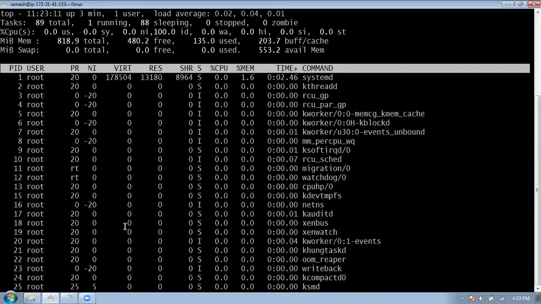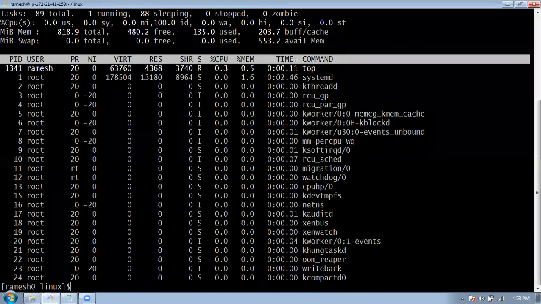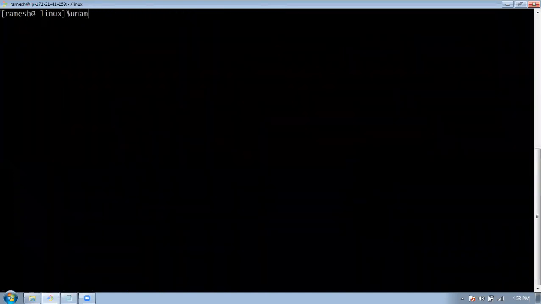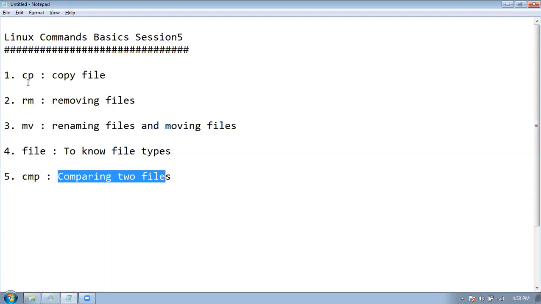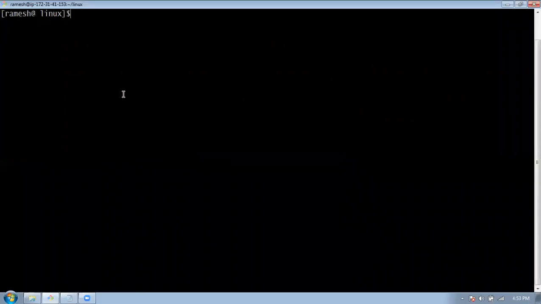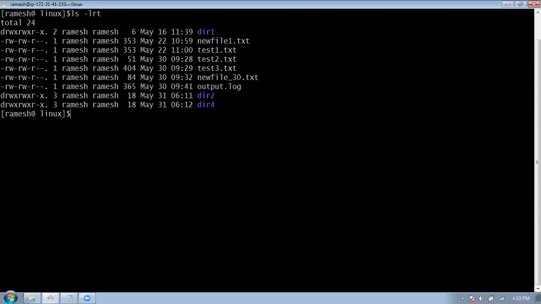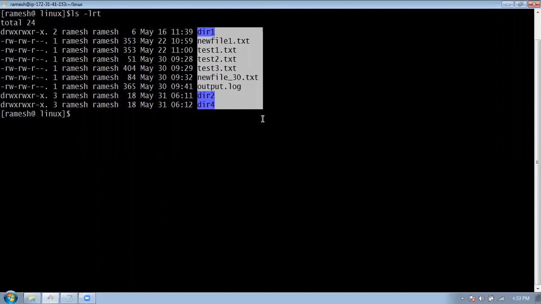So this is my Linux machine. The first command in this list is copy. Let me see the files in my directory. So these are the available files in my current directory.